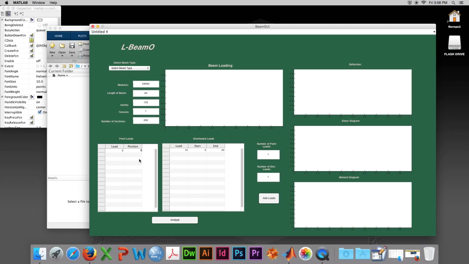Okay, now let's try to analyze the beam. Well, first we actually have to select the beam type, or else we'll be prompted to do so. So we'll just click OK. Now let's try a simply supported beam, one of our two options. Now when we press Analyze,